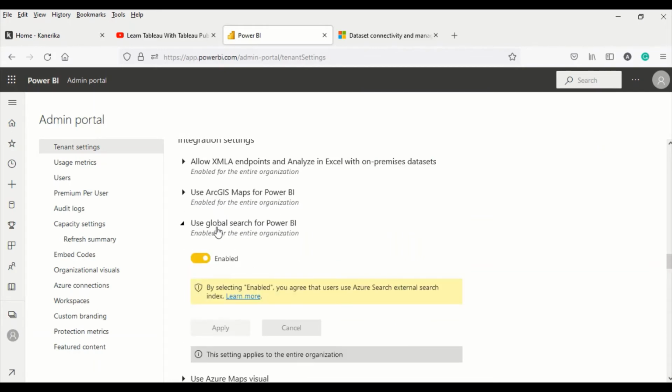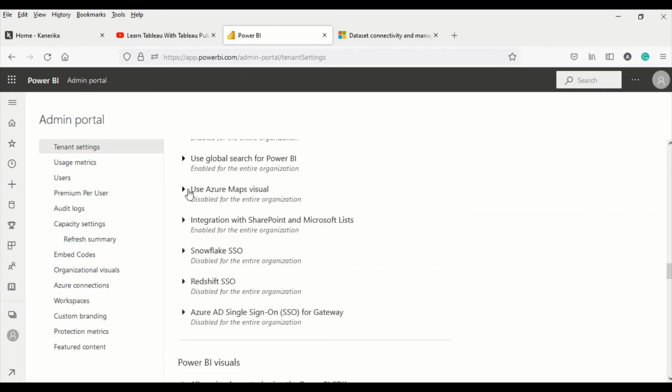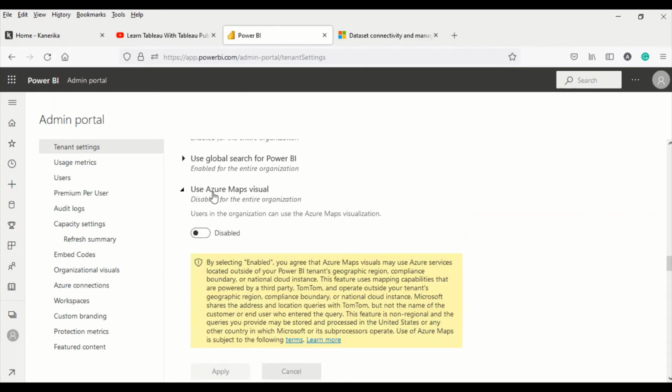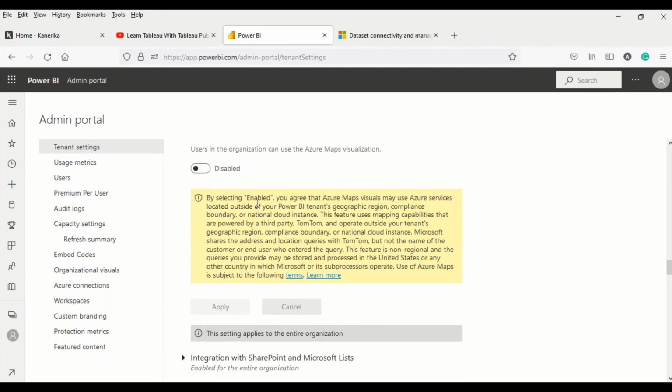Now, Use global search for Power BI is enabled. By selecting enable, you agree that users can use Azure Search external search indexes. If you are using this setting, ideally you should enable this. Next is Azure Maps visual, another setting where you are allowing people to use the Azure Maps visual. It is disabled in our case, but you can enable this setting.